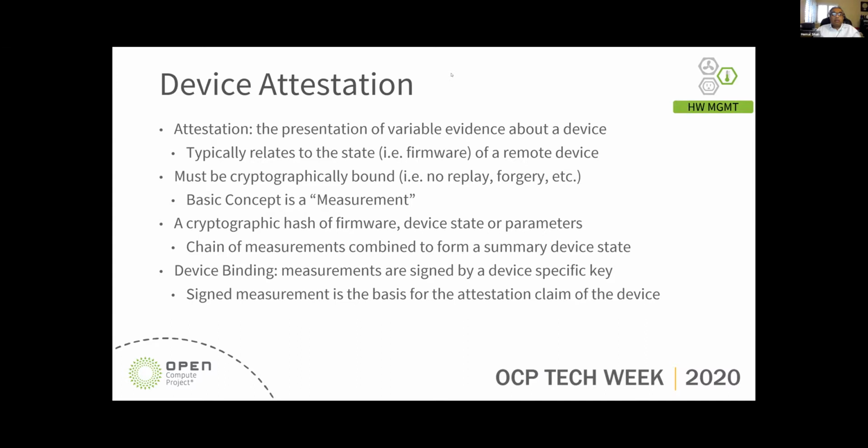Those measurements are combined together, which provides you a state summary for the device. And then those measurements, you also sign with that device-specific key. That's where the root of trust comes into the picture. So those measurements and the signing together form the basis which you use for an attestation claim for the